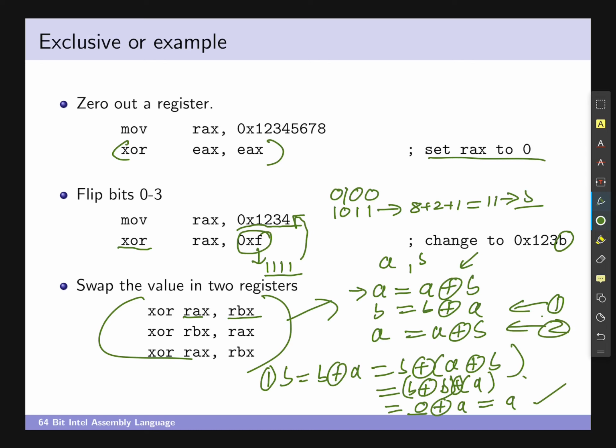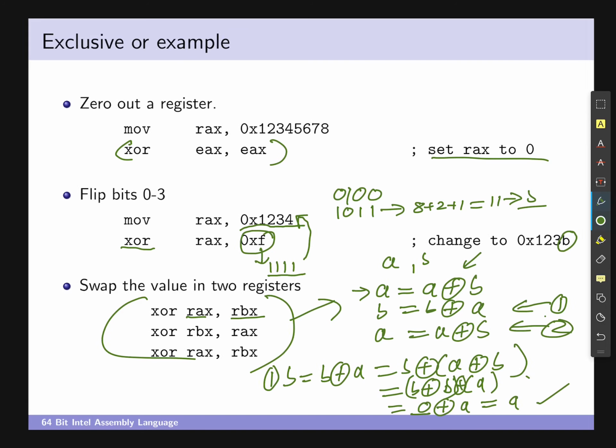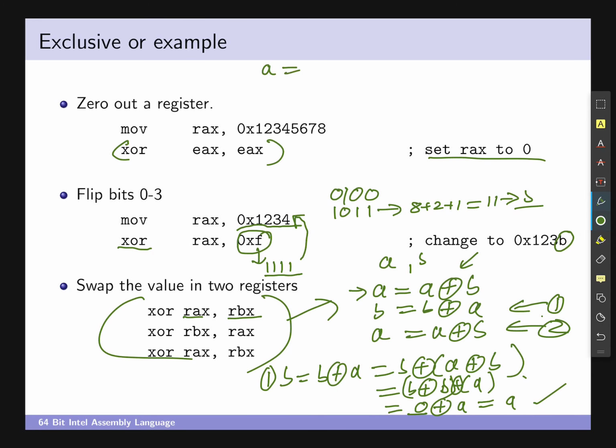So let's try and do that. Let me just write on the top here. So we have that A is equal to A XOR B. Now, obviously, B and A have changed. We already showed that B is in fact just A, but the A is actually this A over here. So we end up actually having A XOR B XOR A. So that came from this calculation 1, and then this bit came from the first step, so it came from